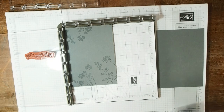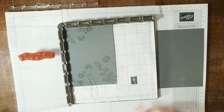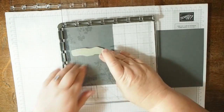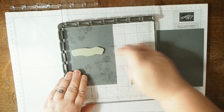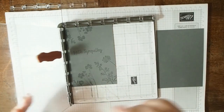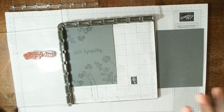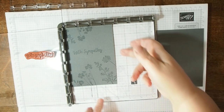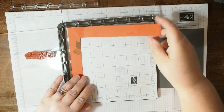Ink up my... These are quite pretty even if they're just left watermarked. I really like that. You could let that ink dry and it's almost like tone on tone, just like a watermark, which is one use for that ink. So that's really nice, you could just do it like that. And pop that one to dry and show you, just because I've now got my stamp set up, I can just bring in,